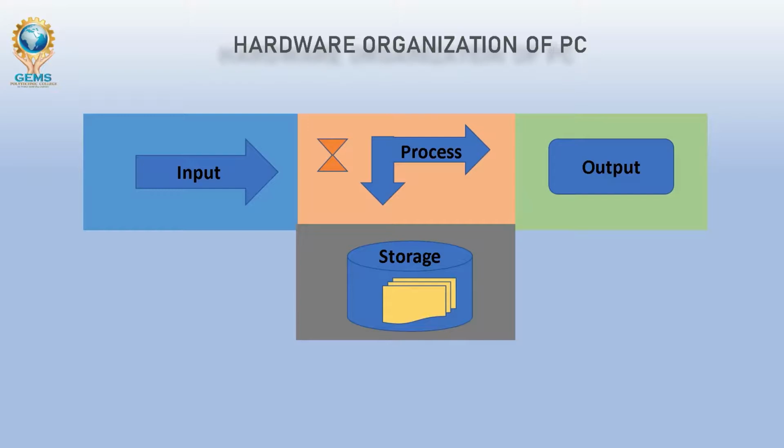RAM is a good example of temporary storage. RAM stores data until the system is running, or until the system is powered on. What we are working on the screen, what application is running, all the files or all the data that we are currently using is stored in RAM and accessed by RAM. When we shut down or the power is off, all the data inside the RAM will be erased. It will not be stored or recovered.